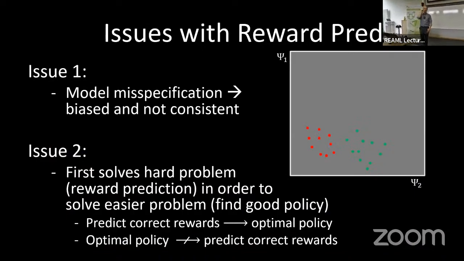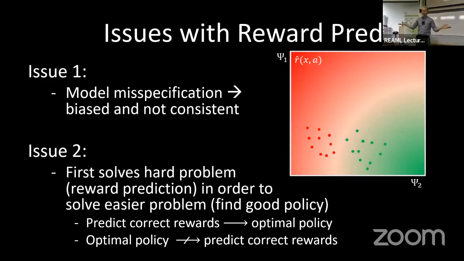It's again that problem that we had last time, that we also had in the first half of the talk. We came up with this regression model, we came up with some features for it, and then we had data for it. Those were the actions of the logging policy and the rewards that we had, the red and the green points, good and bad actions. And then we trained this model, and our model now classifies every possible action, every point in this space.